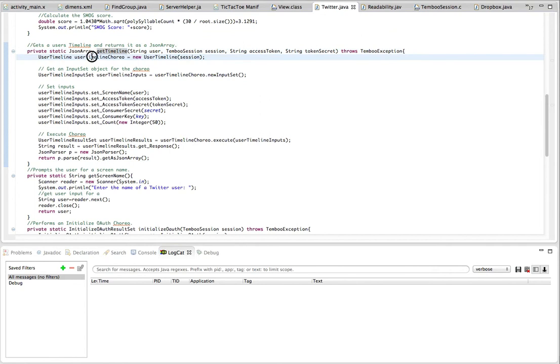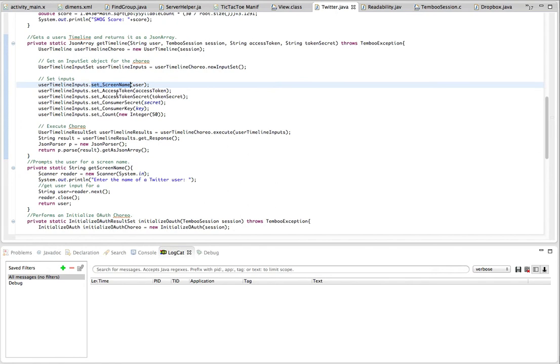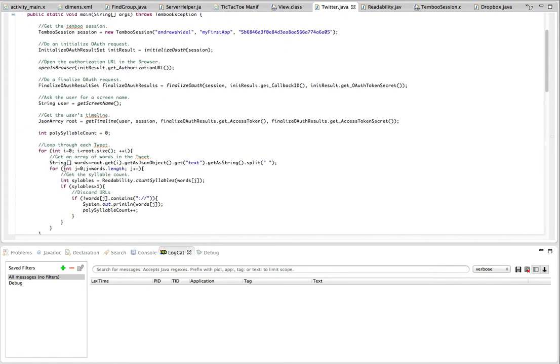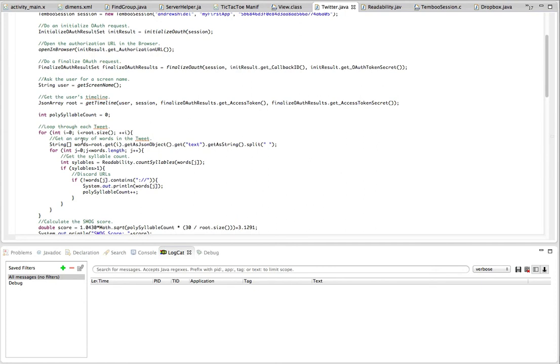So we're going to use a user timeline query, and we're going to pass it, of course, the screen name, the access token, and all of that stuff. And then we're going to execute that, and we're going to get the response from Tembu. And we're going to parse it into a JSON array. And once we have the JSON array, we're simply going to loop through it to get each tweet. And then